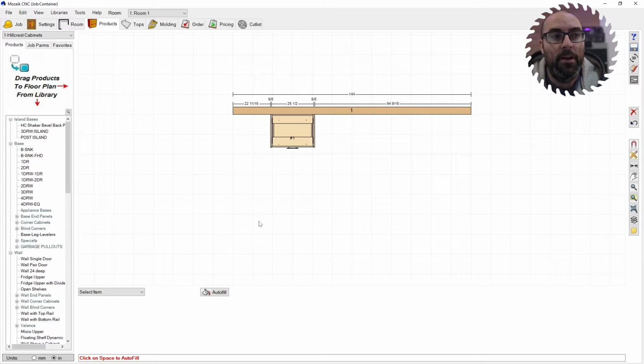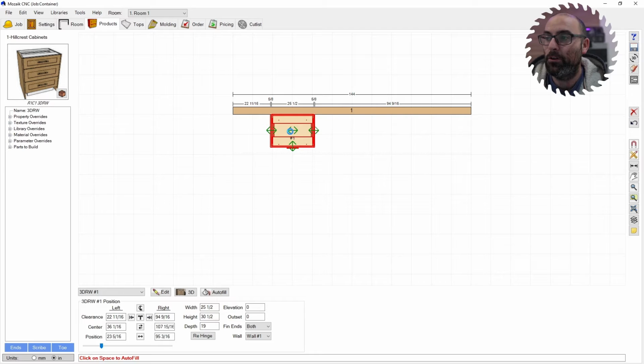Okay, so parameters are a main point in Mozaik for editing and changing a cabinet. It's important to know how parameters work if you want to utilize Mozaik to a high level. So there's three places in which to edit and change parameters. The first place is within a cabinet. So if you just open a cabinet